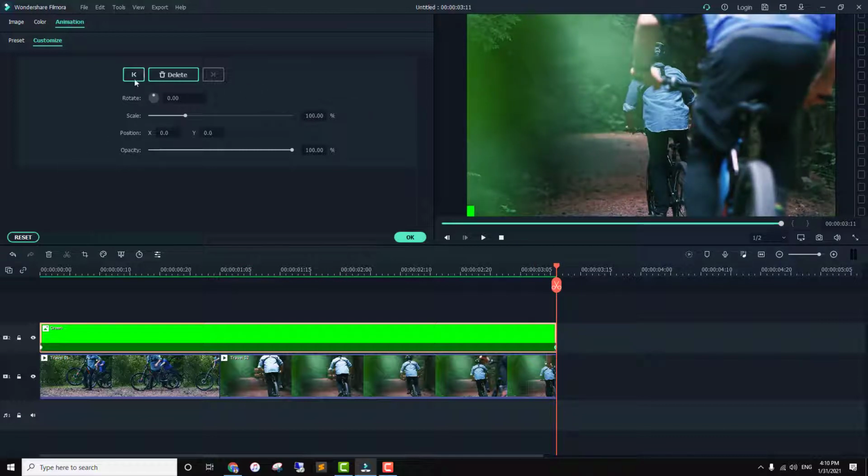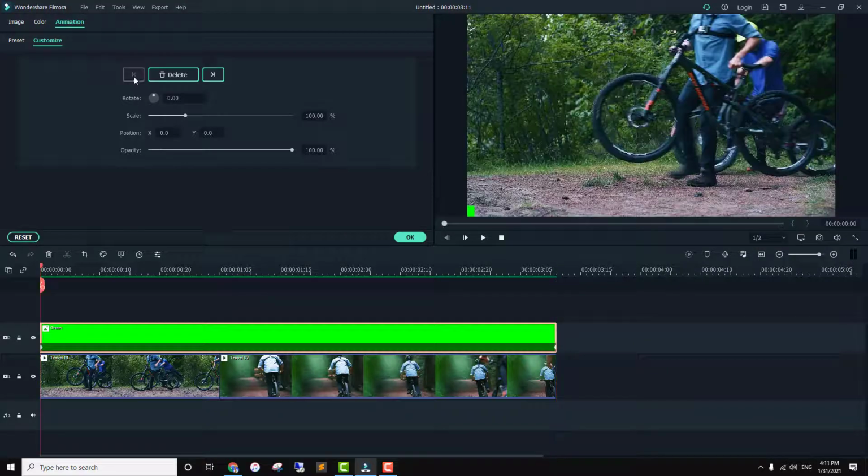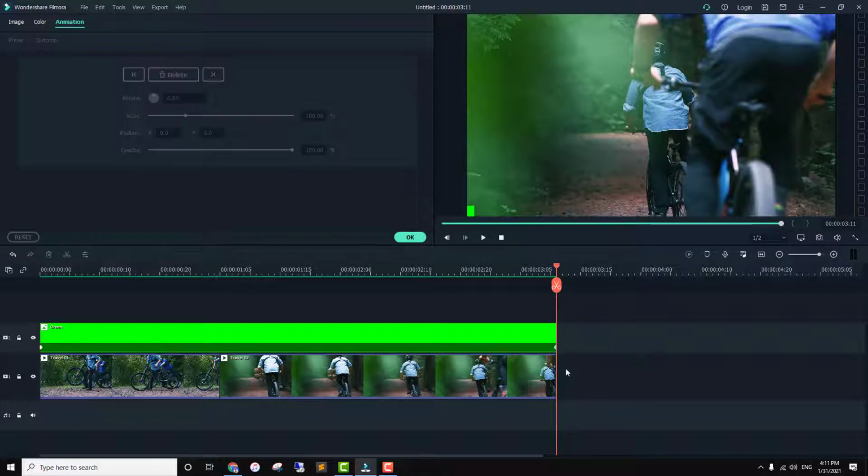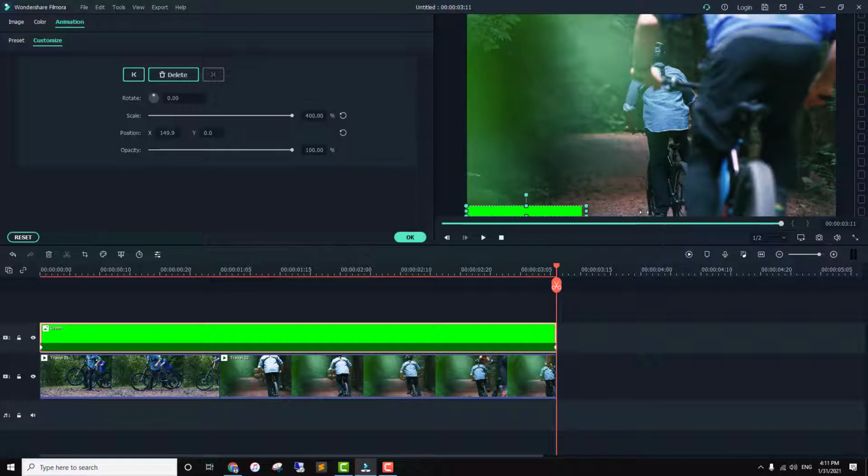So this is an indicator that a keyframe has been added. If you want to jump between two keyframes, you can use these arrow keys, and you can obviously change the keyframe position later on wherever you like. Okay, so the keyframe has been added. Now we want to change the values. You can change the values from here, or I think the better way is to change your values from here as you like.